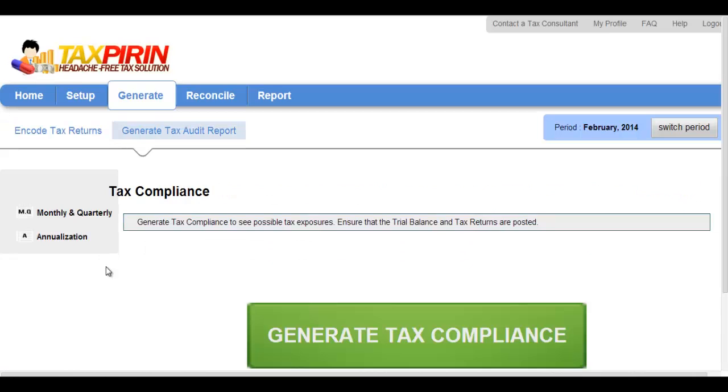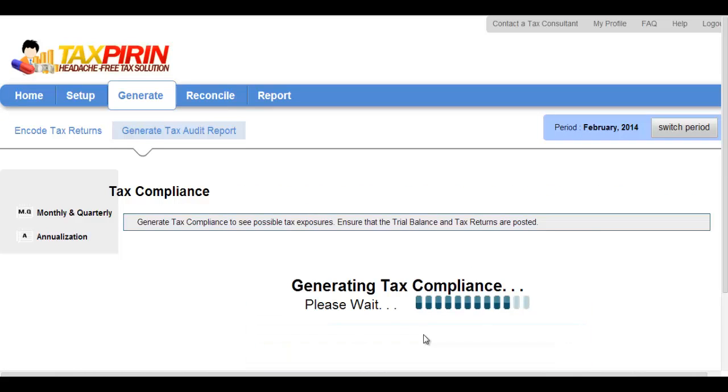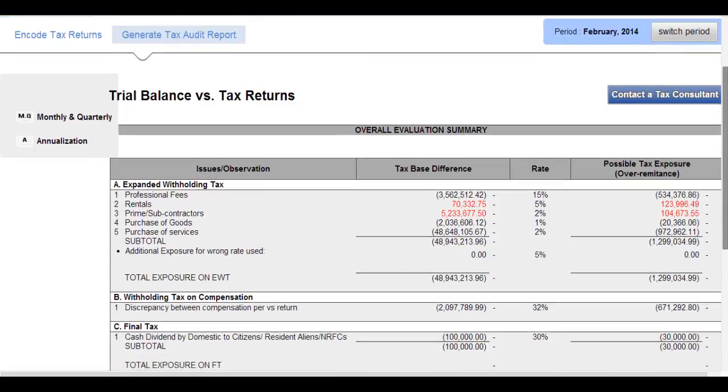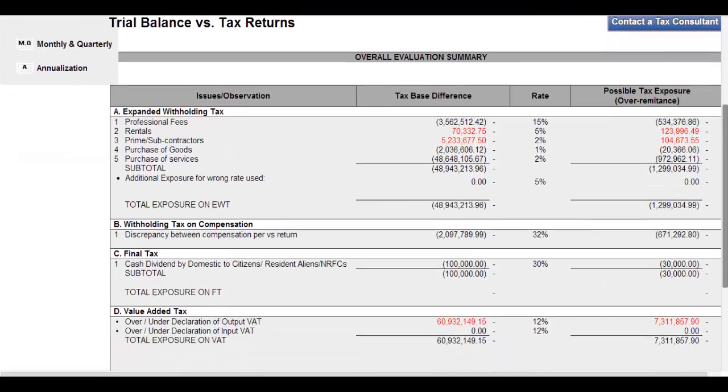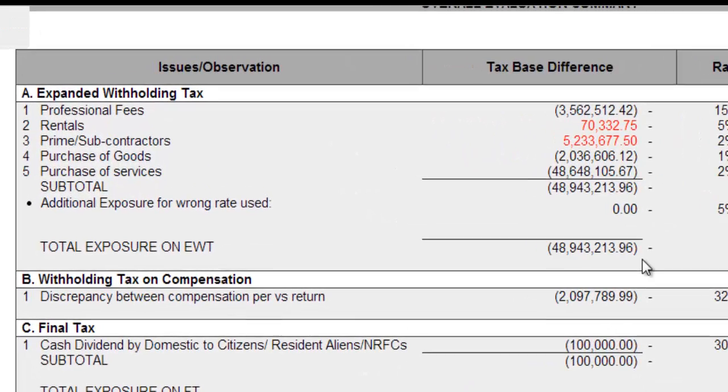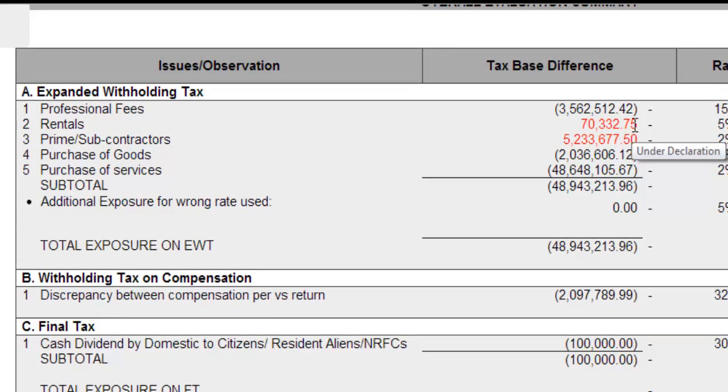After encoding your tax returns, you can now generate the report for initial tax findings. Generating the report for initial tax findings is very fast and easy. The initial tax audit report contains all possible tax exposures the BIR might audit, assuming you have filed your tax returns without using TaxPlan. Amounts in red indicate tax findings, assessments, or deficiencies, while amounts in black indicate overpayment or